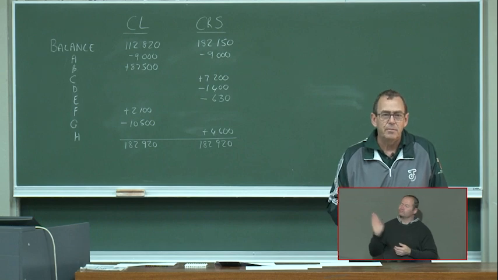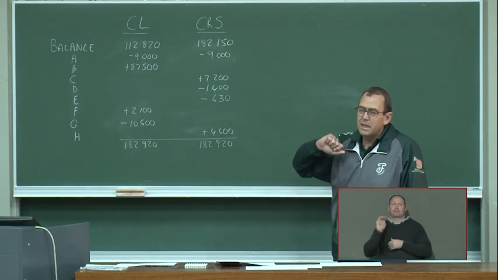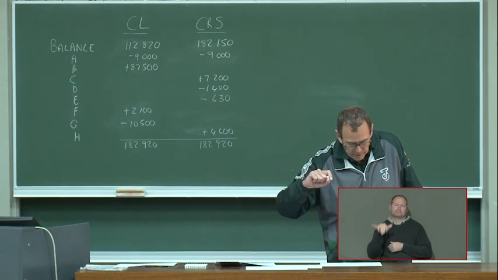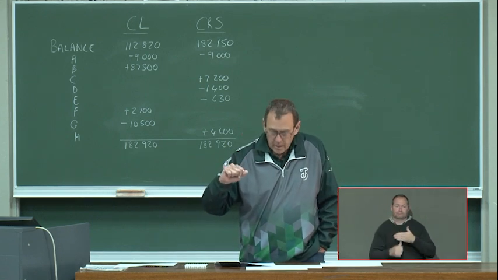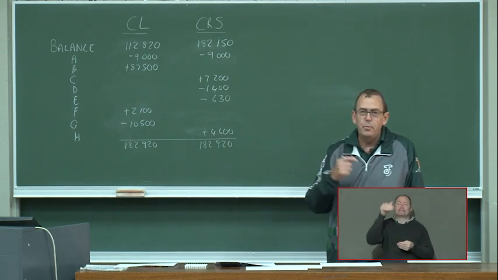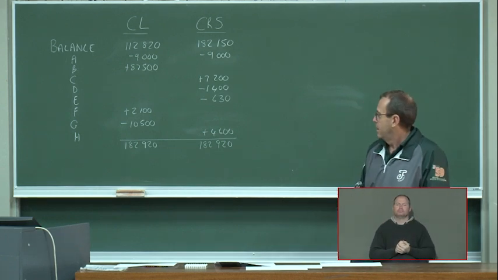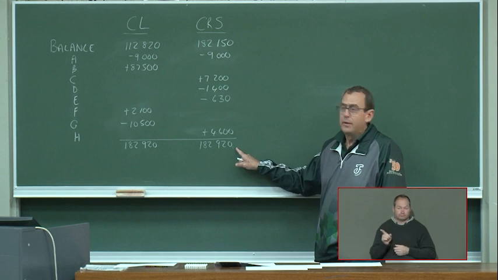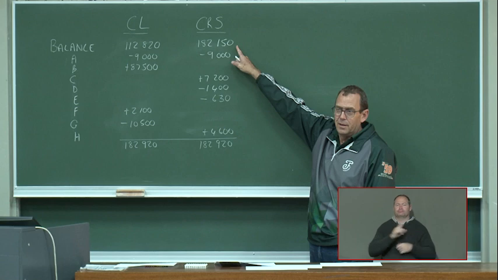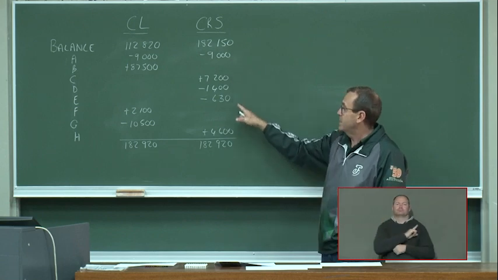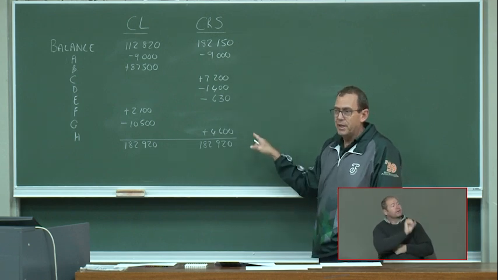When you receive the statement the following month, let's say this was for May, when we received the statement from Valley the next month, what will the opening balance on that statement be? This one? No, it will be that one. Why? Because you must let them know there are errors on there. There were errors, and now they have to correct them on their statement.